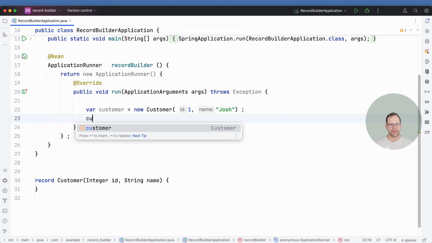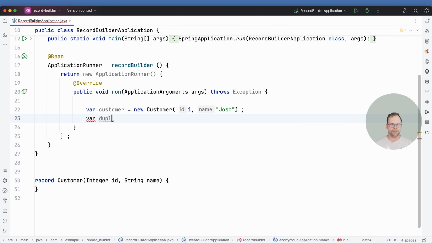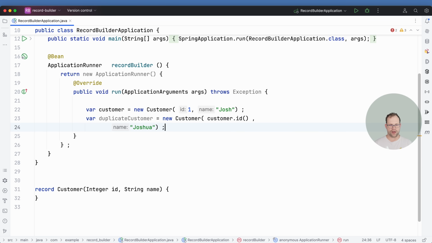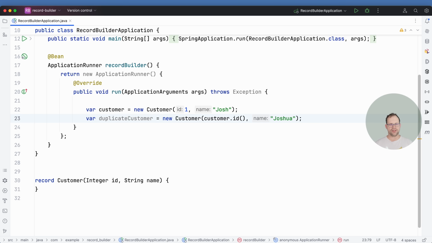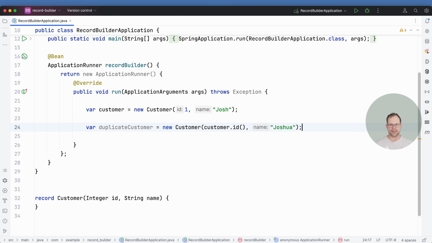Well, I would have to clone it, right? I'd have to create a new one. So var duplicateCustomer equals new Customer, and I'll take the old customer's ID, but let's say I change the name to be Joshua. Okay. Now this is very tedious because I've only got 2 fields here, and you can see that wasn't particularly